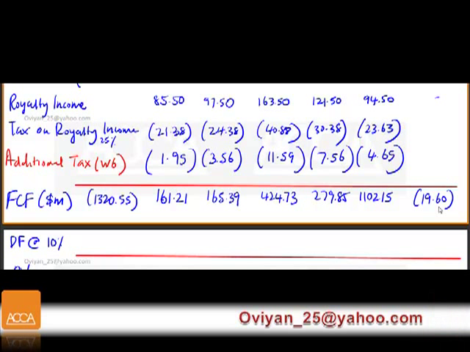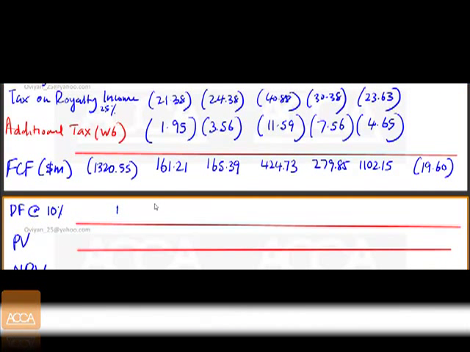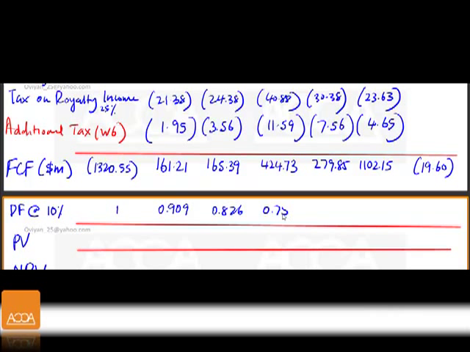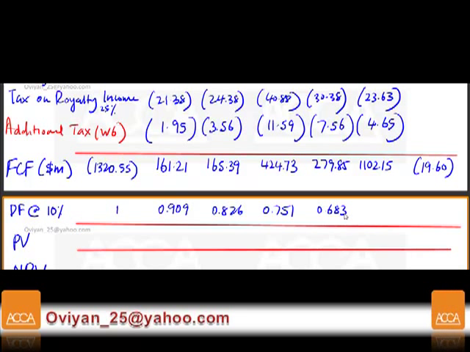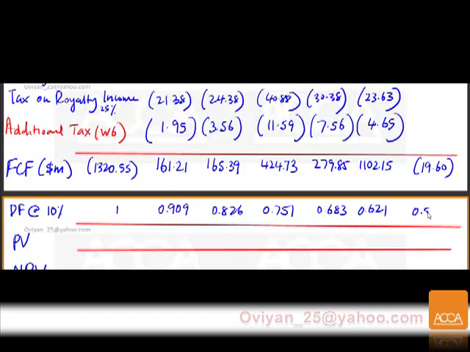Okay, then what you're going to have here is a discount factor at 10%. So this is going to be 10%: 0.909, 0.826, and 0.751, and 0.683, and you got what? 0.621 and 0.564. Okay, so you multiply with this figure, you're going to get